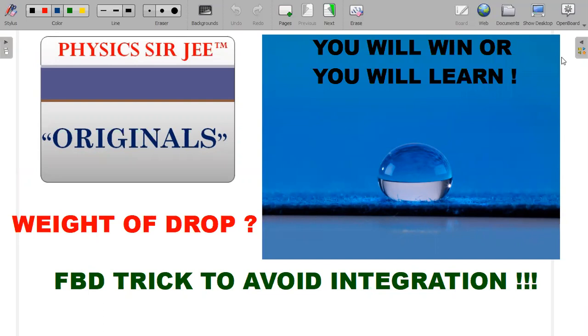We are going to take up a problem on surface tension, and it's a very important concept for JEE Advanced. Whenever JEE Advanced asks a question on surface tension, it's more related to how to draw the free body diagram, and usually it tends to be on the tougher side and students struggle to get that particular concept right. So we'll be focusing on that aspect. So here's the formal wording of the question.